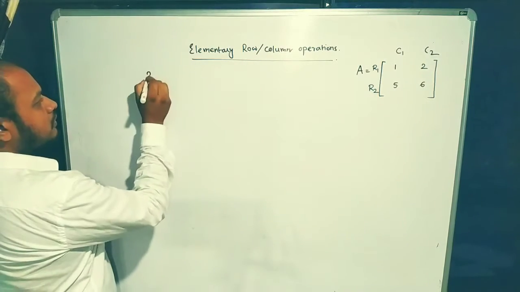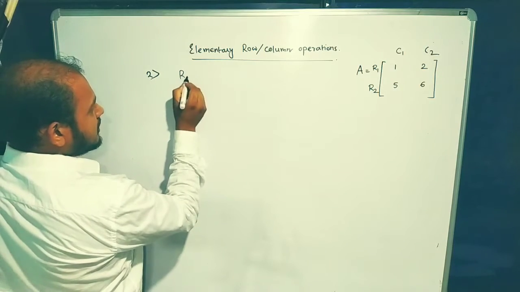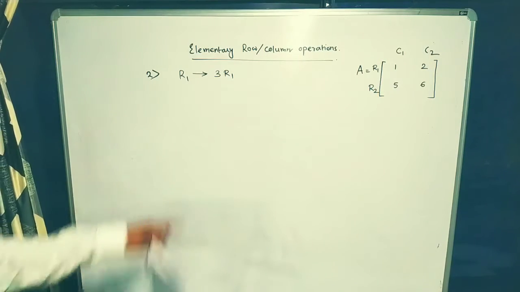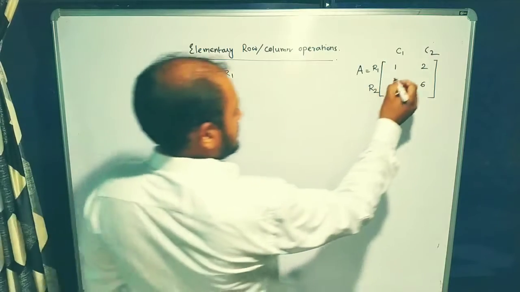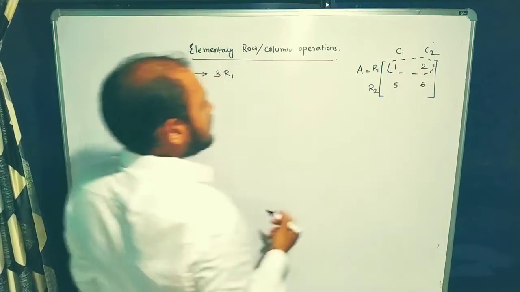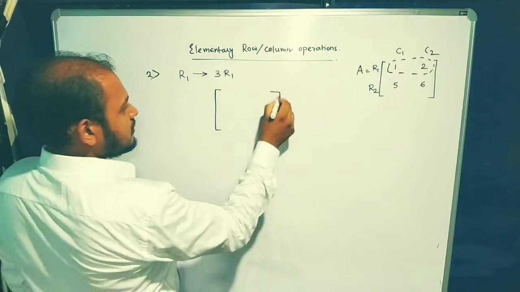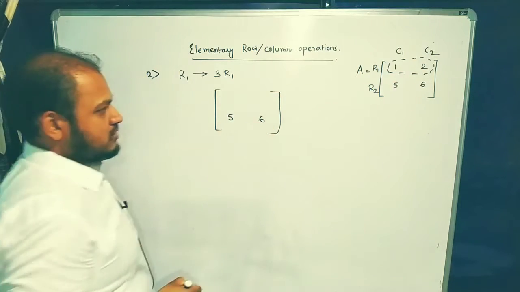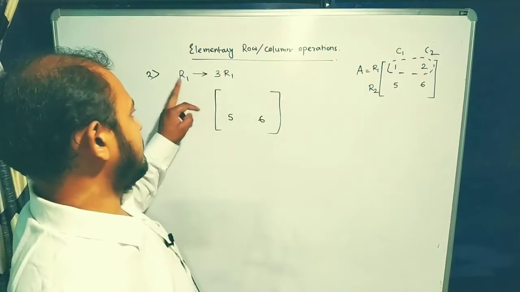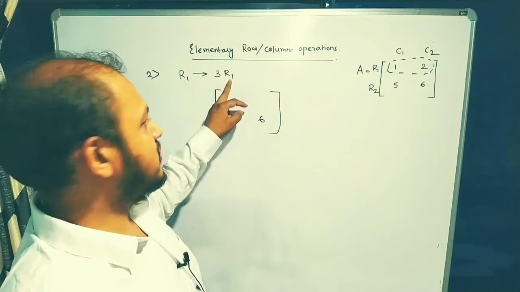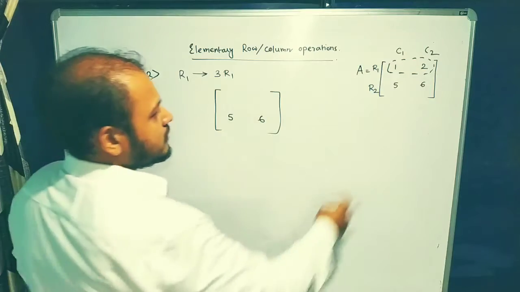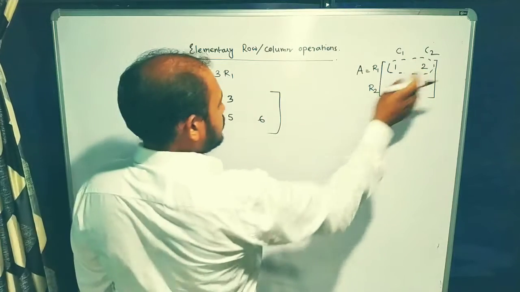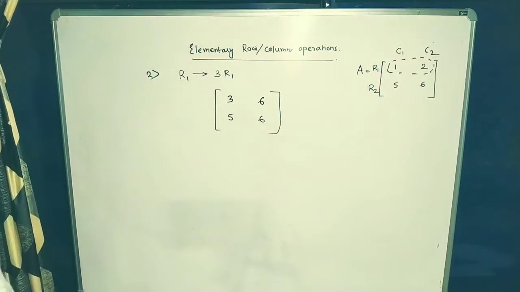Let's say I use this type of operation. Row 1 becomes 3 times row 1. So we notice here that the row 1 consists of two numbers 1 and 2 and the entire matrix changes. Look, here we are not changing the second row. So second row remains the same as 5, 6, and only the first row is getting changed. The first row is getting changed to 3 times the first row. That means the first row is getting multiplied by 3. So first row is 1, 2, multiply the entire first row with the number 3. So 3 into 1 is 3 and 3 into 2 is 6. So this is the matrix that we are left with.